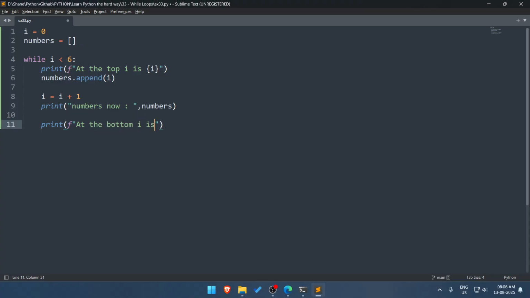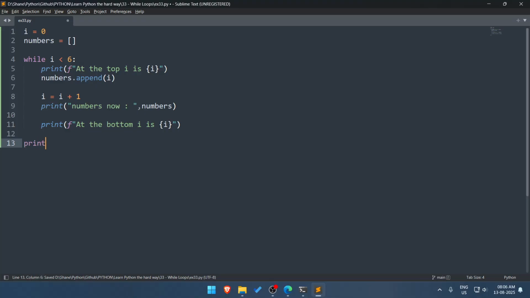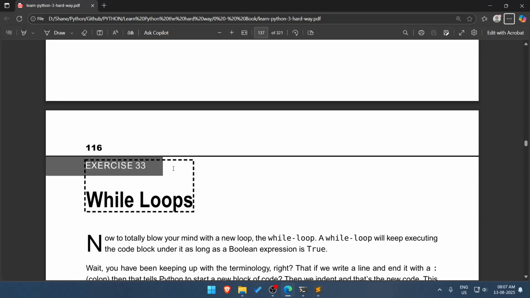At the bottom I is I. Then we print the numbers, then we print them with a for loop. We go num in numbers, print num, right?